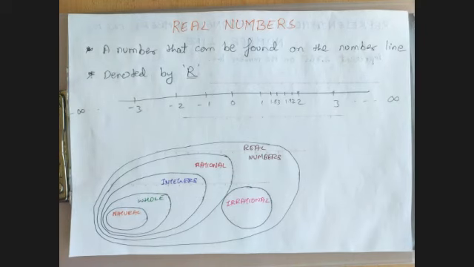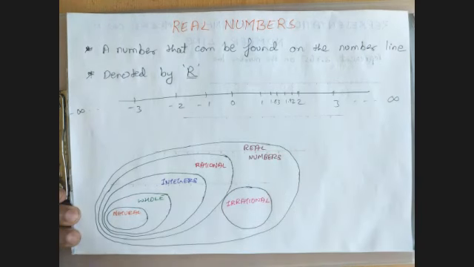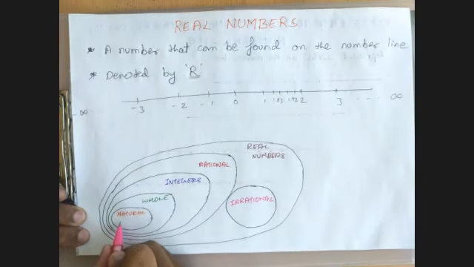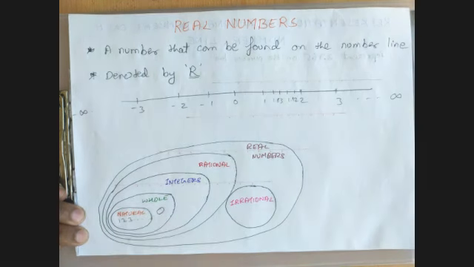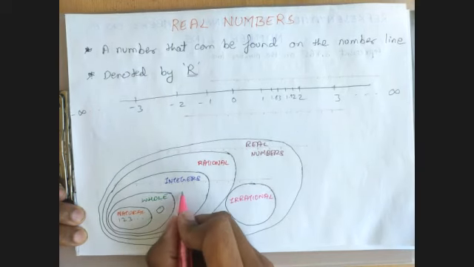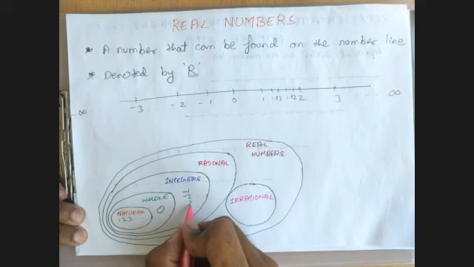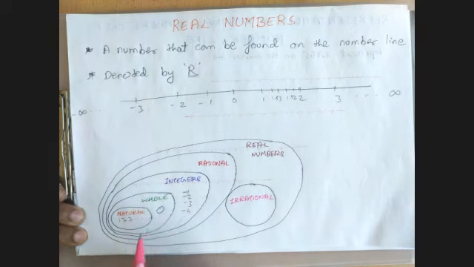So we have a set out here. Real numbers is the set of all the numbers we know. So for example, what are natural numbers? Natural numbers are counting numbers 1, 2, 3, and so on. And whole numbers include natural numbers, and 0 is a whole number. This with 0 makes up whole numbers. These whole numbers with the negative integers -1, -2, -3, -4, and so on make up the integer set.